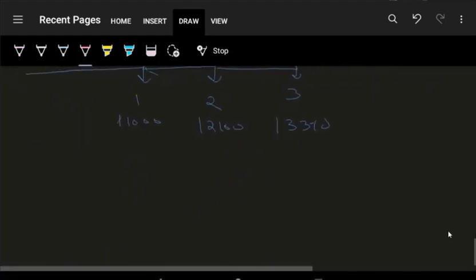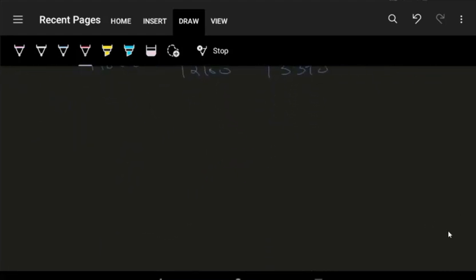So in general, to calculate the accumulated amount at the end of third year in compound interest, we will write it as A equal to C (1 plus I) to the power n. We will use this formula to calculate the accumulated amount at the end of nth period in compound interest. Similarly, C is the capital here, I is the interest rate per annum, and n is the number of time periods. Sorry, I is the interest rate per time period.